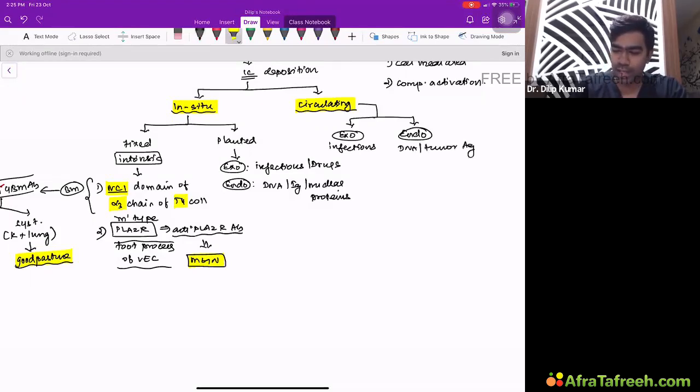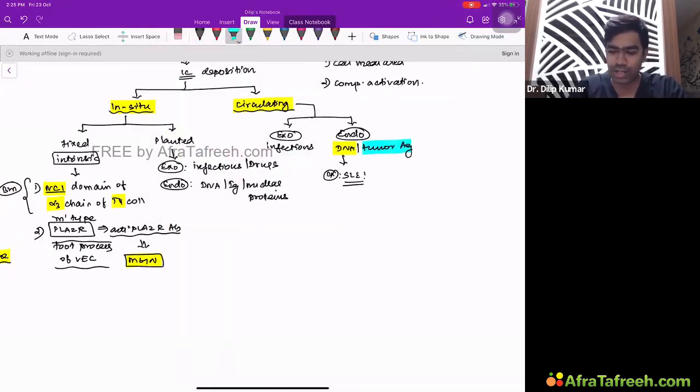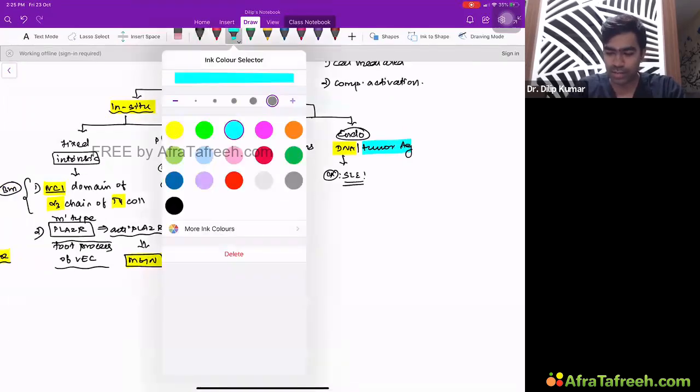The best example for DNA acting as an endogenous antigen is SLE, where you form anti-dsDNA antibodies. And the second example is tumor antigens causing